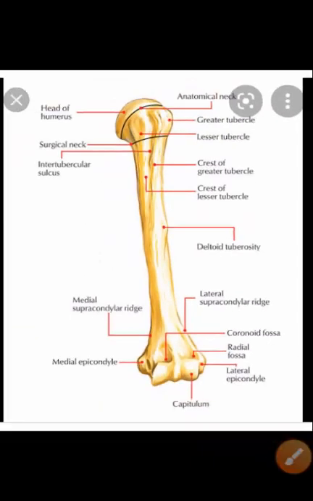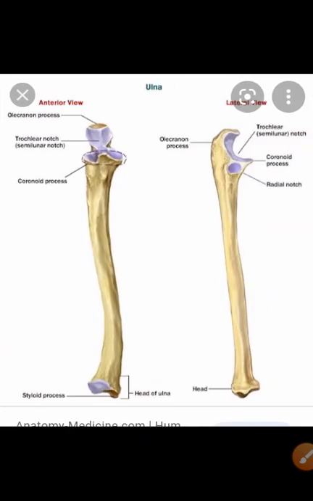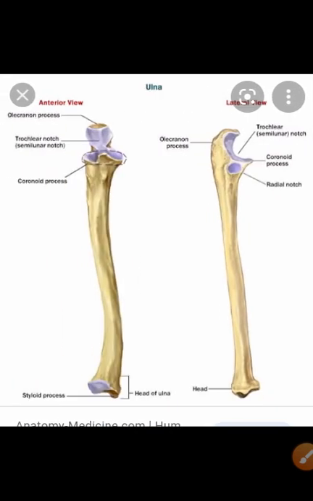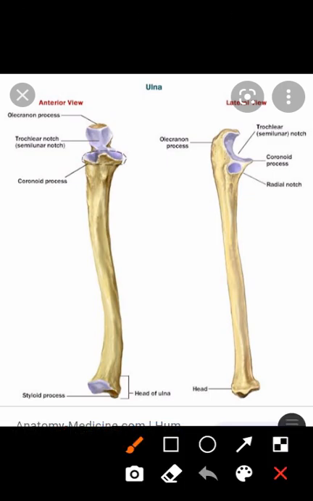Now we are going to discuss the osteology of the ulna. This is the ulna bone. You have to look at this picture also, that this is the lateral position. Radius is present on the lateral side, while the ulna is present on the medial side. You can see the ulna in this picture. This is the anterior view, and this is the lateral view